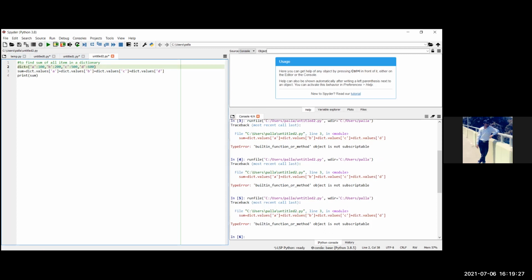Okay, now what will be the error? Now there is another error, so what can we do now? Sum equal to dict dot values plus dict dot values, you have mentioned it. Okay.